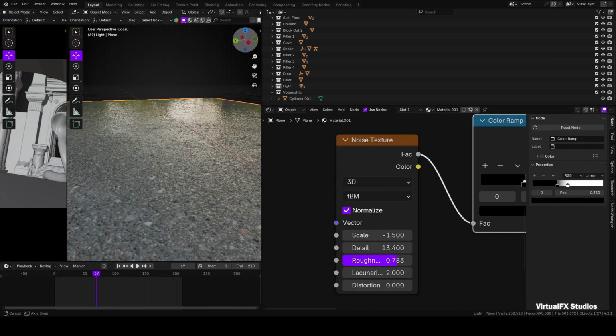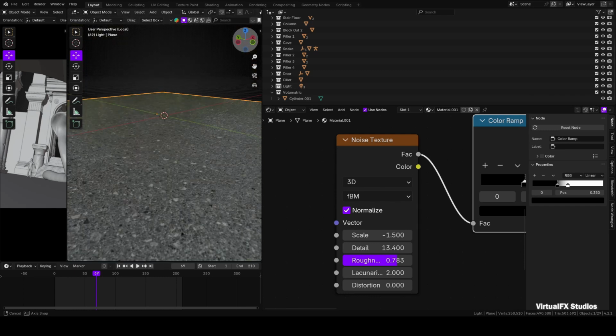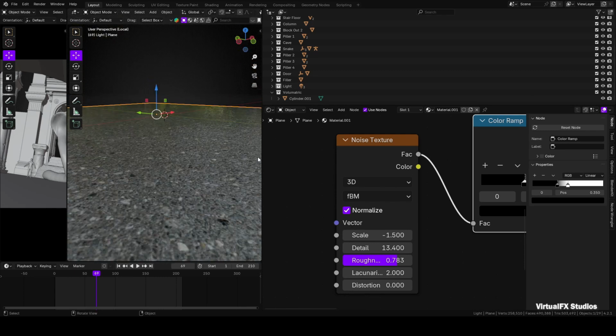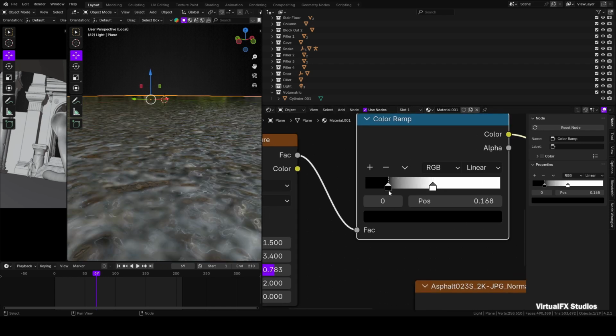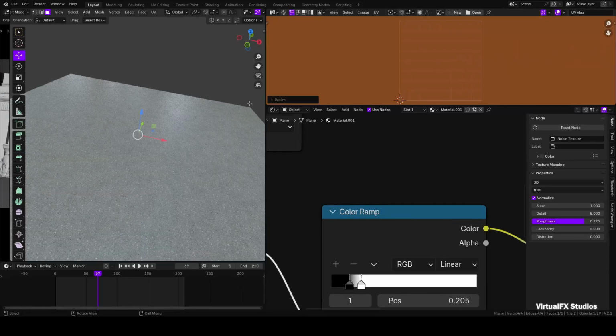You can also increase the roughness of the noise texture. All these values depend on you. As you change the values, you'll see the results change nicely. Keep the value that gives you the best results. To set the resolution and tiling size, you can scale up the UVs. Now your wet concrete plain ground is ready.